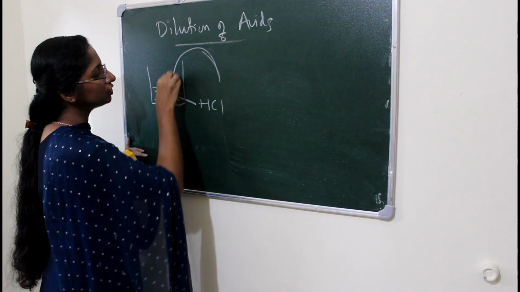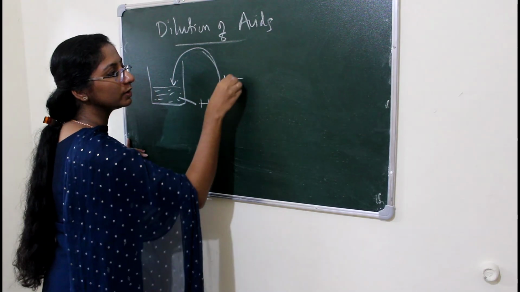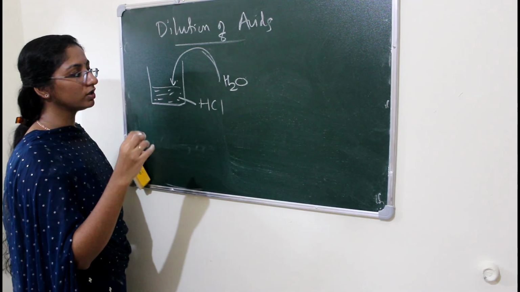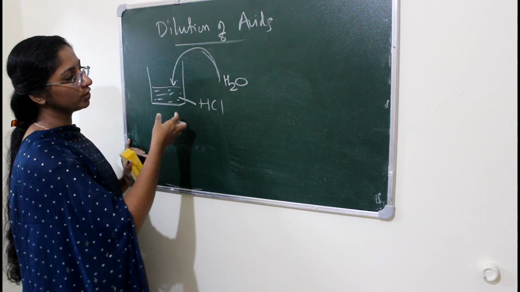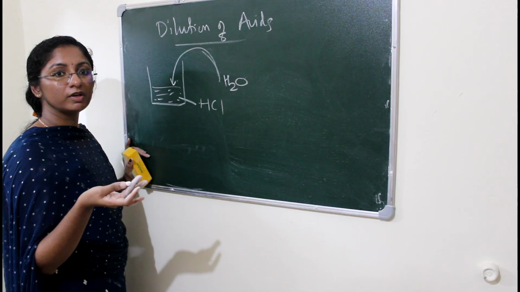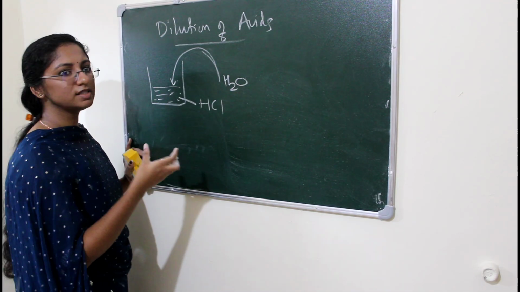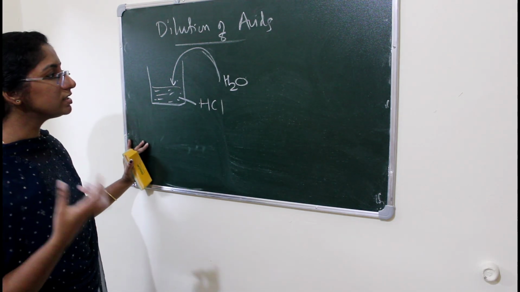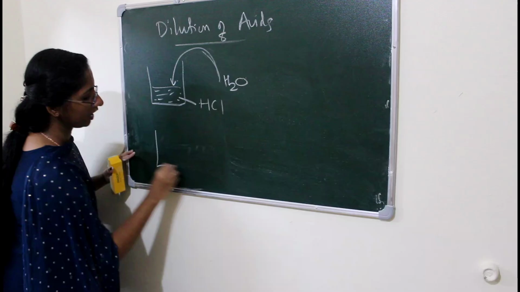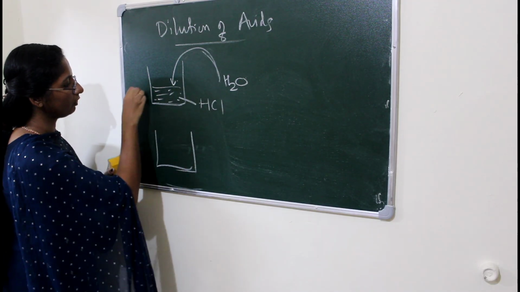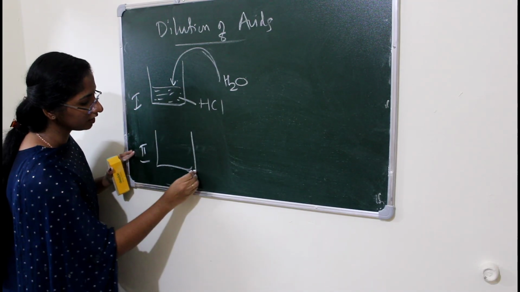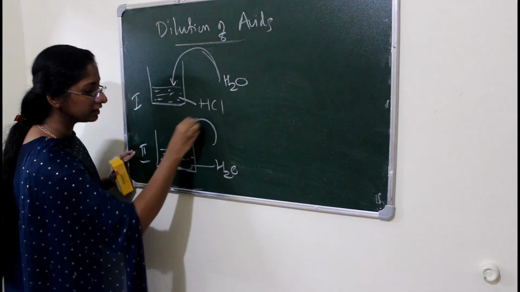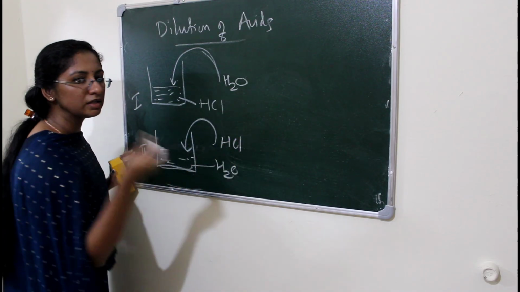So when we add water to this hydrochloric acid, what will happen? There may be an explosion, or splashing of acid will be there. Due to the splashing of acid, we can get burned. Okay, so why is this happening? Why is this splashing out of acid happening actually? Is there any difference between these two cases? This is the first case and this is the second case. In the second case, we are taking water in this beaker and then we are adding HCl dropwise.